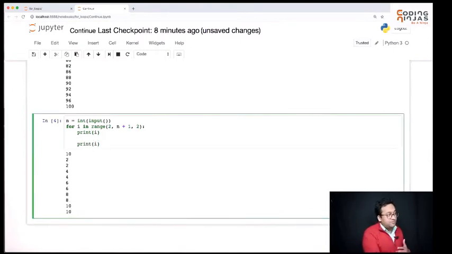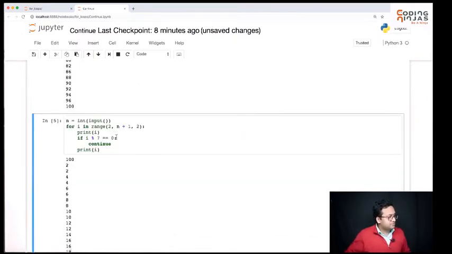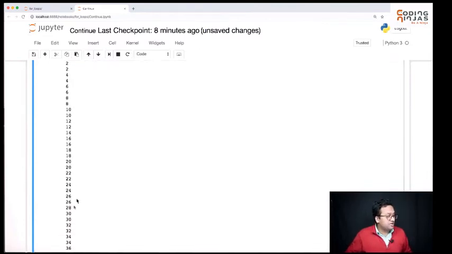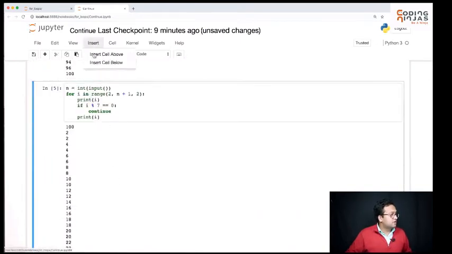In that case, the first print can be before continue, and now I will check if this is the case, I will continue. That basically means the first print will always be done, but the second print will be done only if it's not a multiple of 7. So everything is printed twice, 14 is printed only once, 28 is printed only once, and so on. And you can do exactly the same thing with a while loop as well. Let me just copy this code and convert this into a while loop.